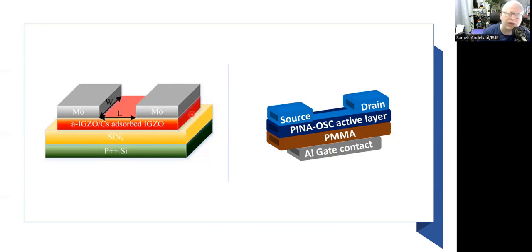For inorganic, we have silicon, gallium arsenide, indium gallium zinc oxide, a lot of famous elemental or compound semiconductor materials. And here you can see a typical example. On the other hand, on the right-hand side, we use the same architecture, the same structure, but with organic semiconductor